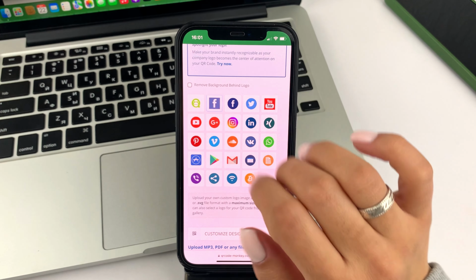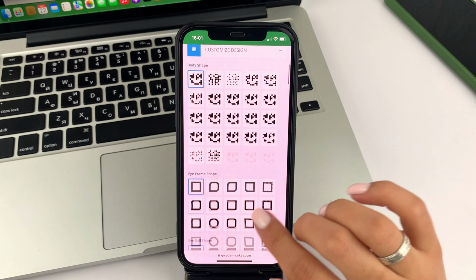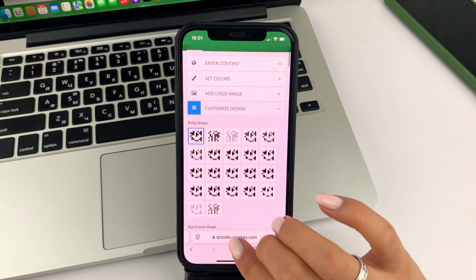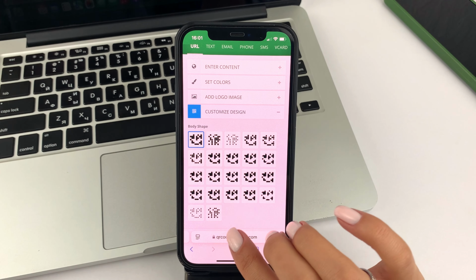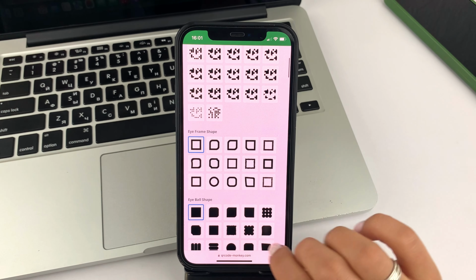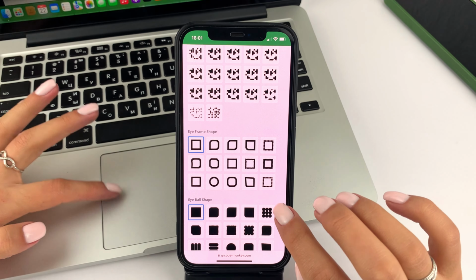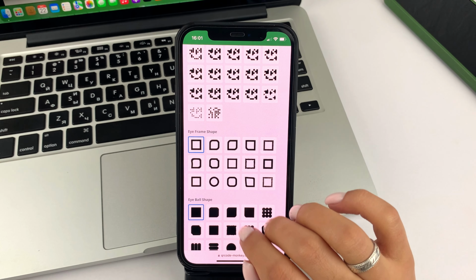I, for example, will add Facebook. After that, also you can choose some more details related to your future QR code. For example, how the dots on the QR code will look like. Also, you can choose some other things.